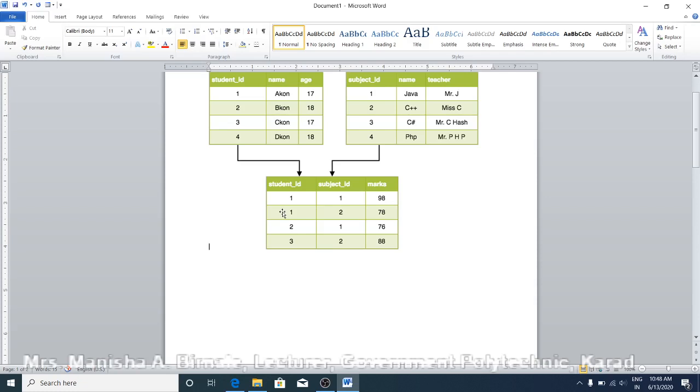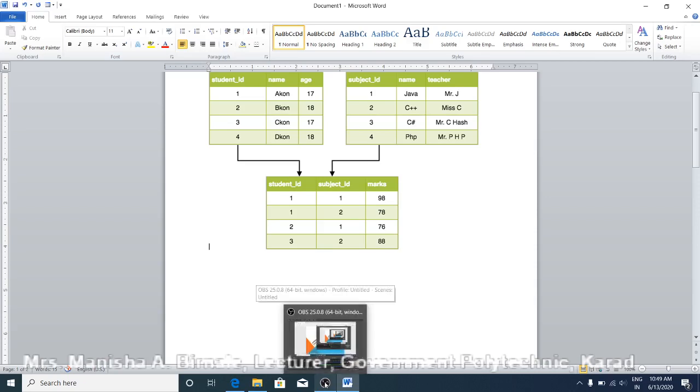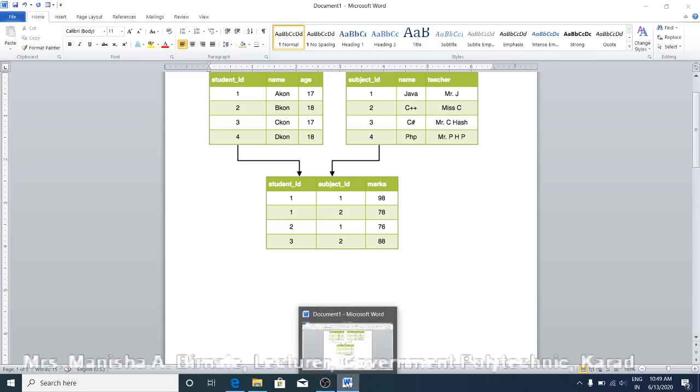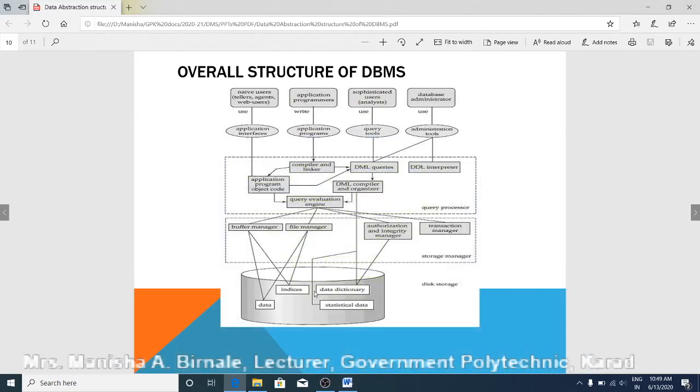How many tables are there in database? So total 3 tables are there in database. So total number of tables in database, it is also called as a metadata. So such type of metadata or data dictionary, data about data, it is also stored on a hard disk.